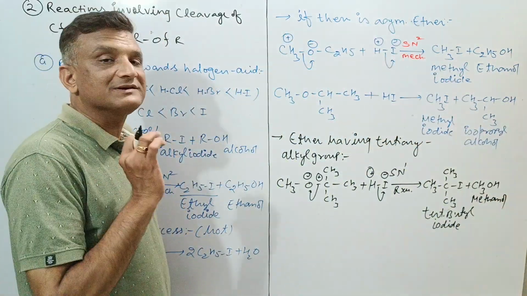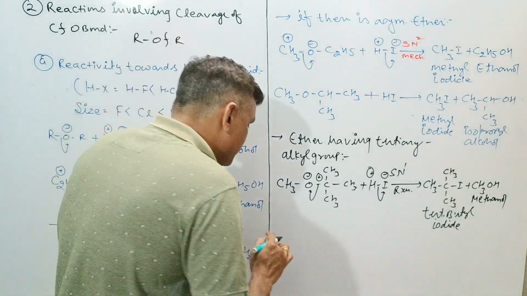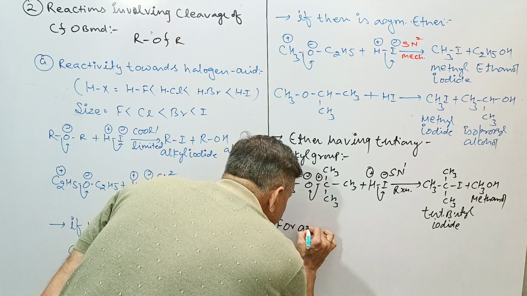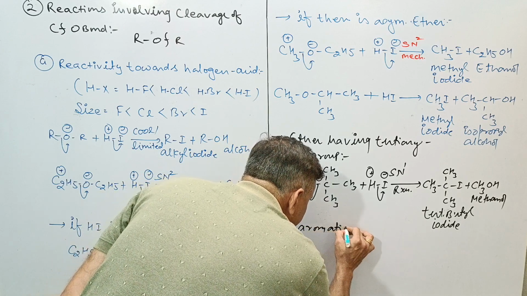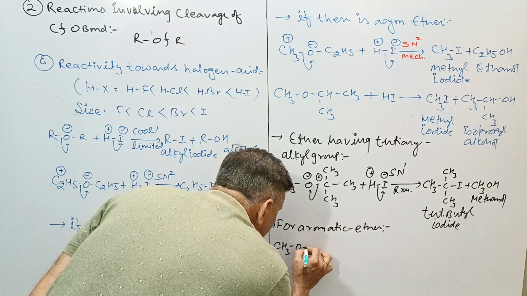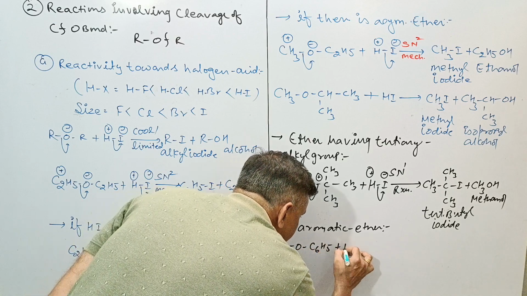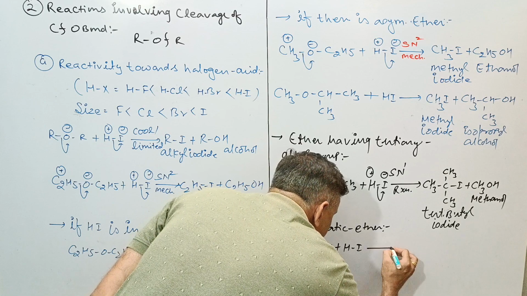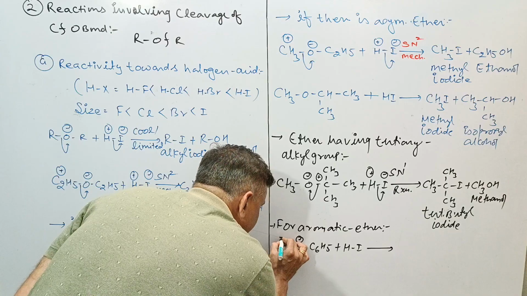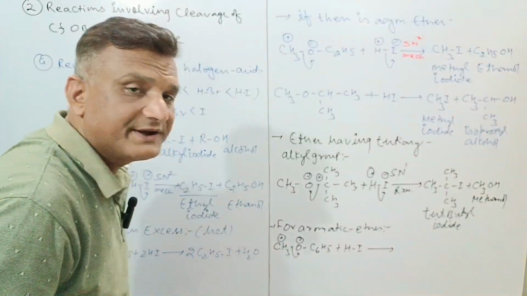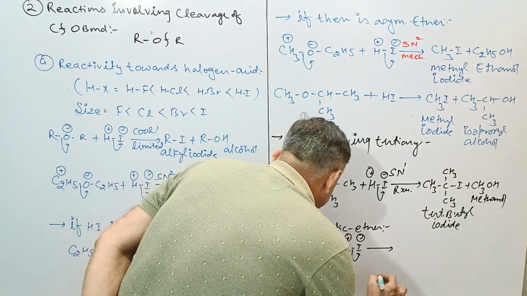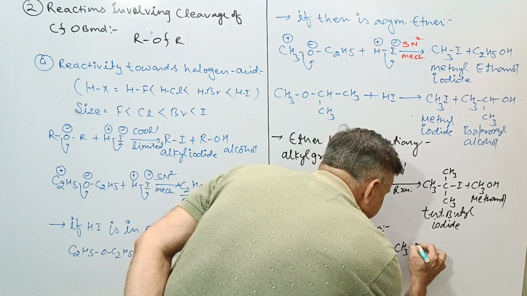And if we go with just anisole, that is the aromatic ether, what will happen? CH3OC6H5 on reaction with HI. The bond will cleave from here because the electronegativity of O is more than CH3. Here I is more electronegative than hydrogen, so here will be the formation of CH3I with